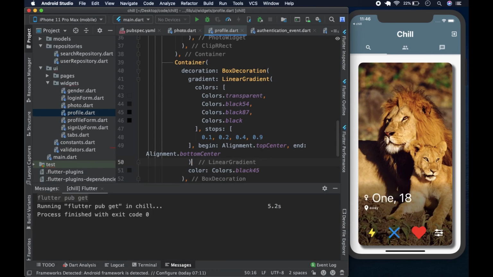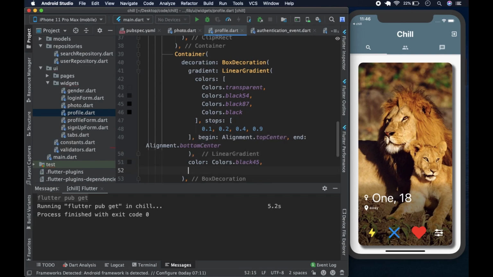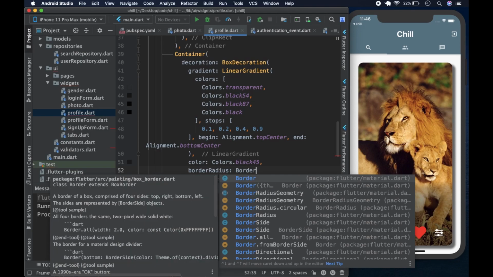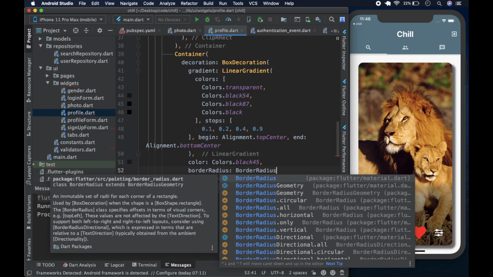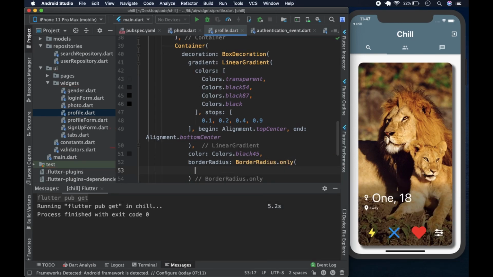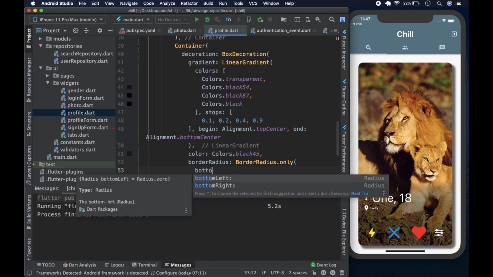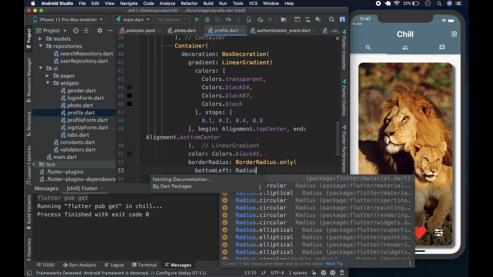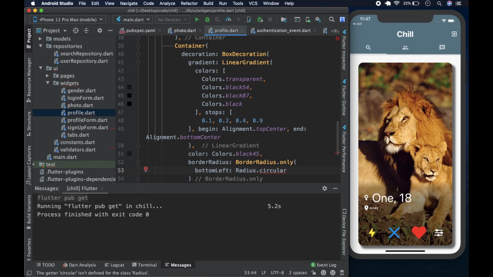Oh, sorry, we could do this, yeah, and then come here, put that there, and say the borderRadius is going to be BorderRadius.only, and the bottomLeft is going to be Radius.circular, and it's going to be taking the clipRadius, like so,